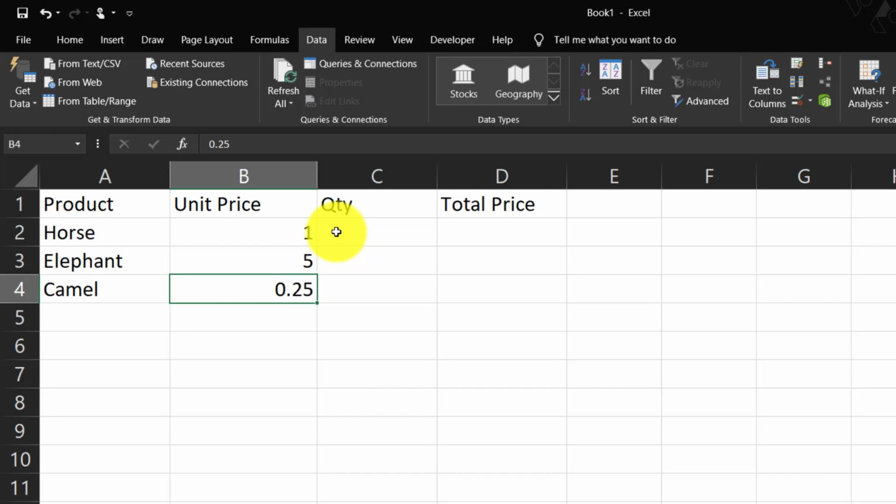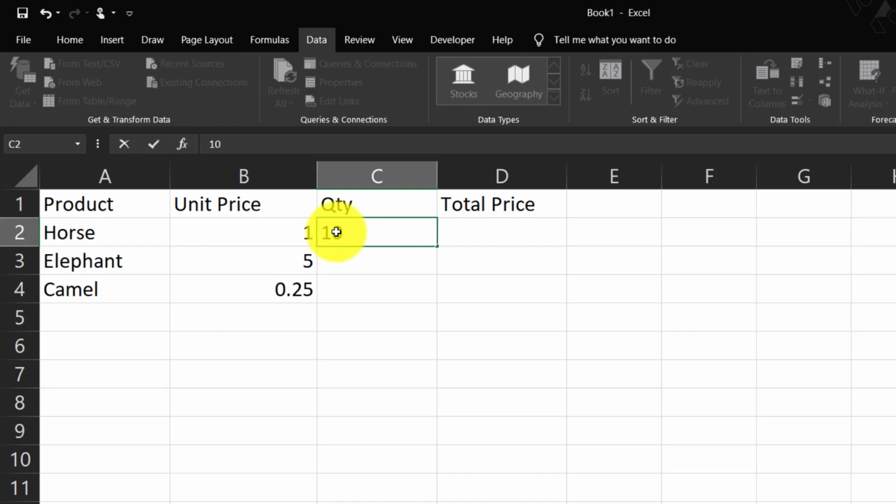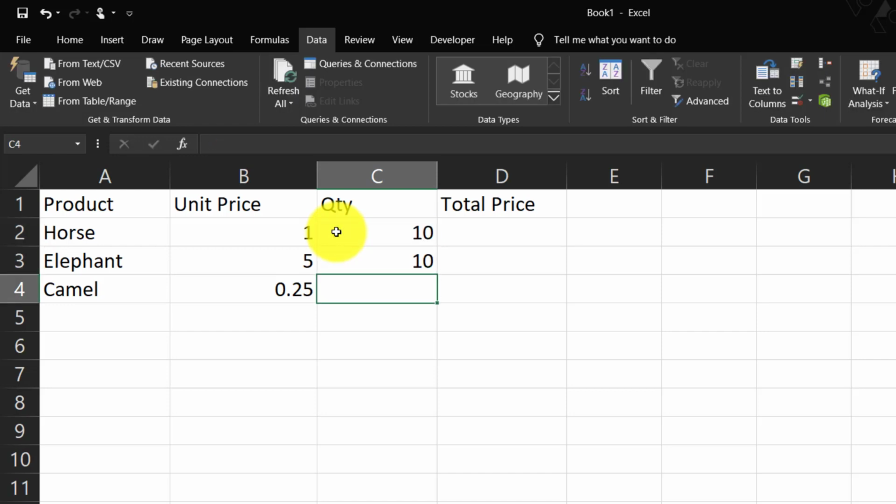Now, let us fill in the essential formula to be able to apply the what if analysis. First, let us take a number as quantity, say 10 for each of these animals. Remember, this is the number that we need to find as answer.